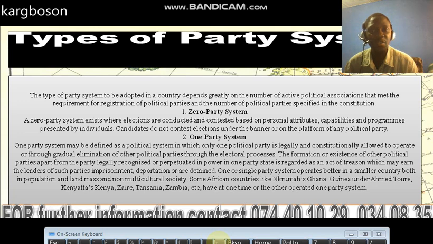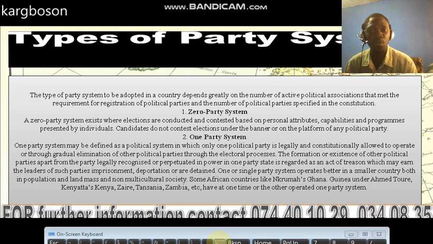The one-party system may be defined as a political system in which only one political party is legally and constitutionally allowed to operate, or through gradual elimination of other political parties through the electoral process. The formation and existence of other political parties is regarded as an act of treason, which may earn the leaders of such parties imprisonment, deportation or detention. A one-party system operates better in smaller countries, both in population and land mass,